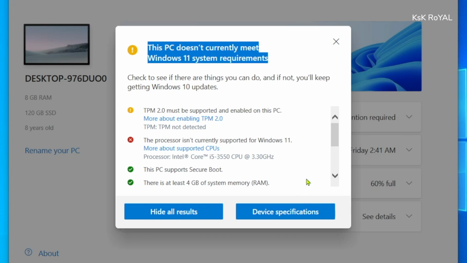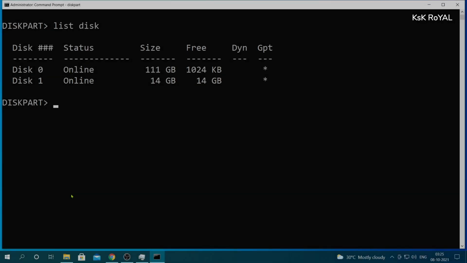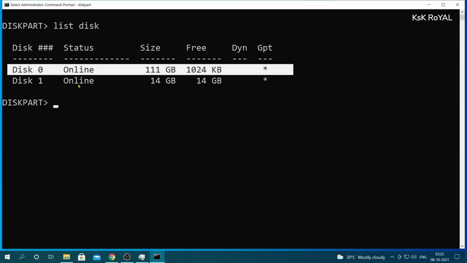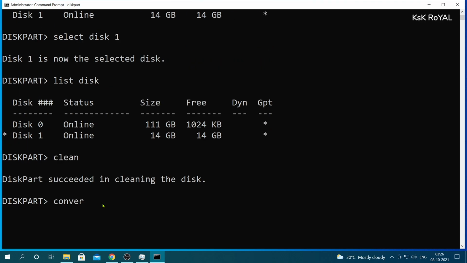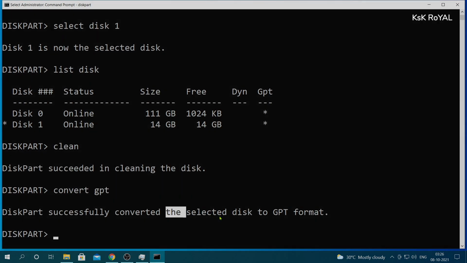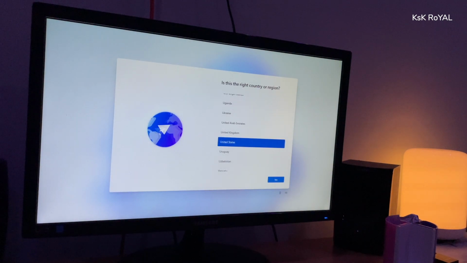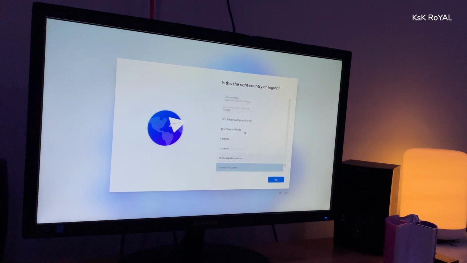In this video, you will learn how to install official Windows 11 on any PC without the need for TPM. I'm going to show you how to download and install Windows 11 from scratch. You can use this guide to clean install Windows 11 on a brand new drive, or to reinstall Windows 11 on any PC or laptop. You can also use this guide to install Windows 11 alongside Windows 10 as part of a dual boot.